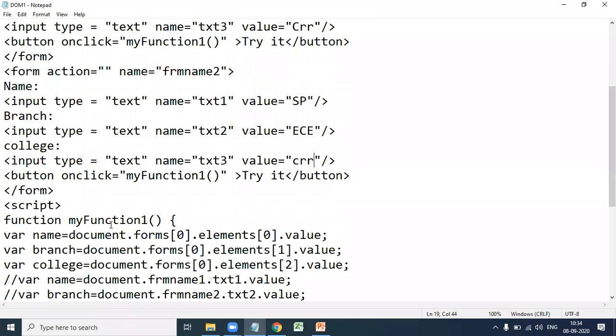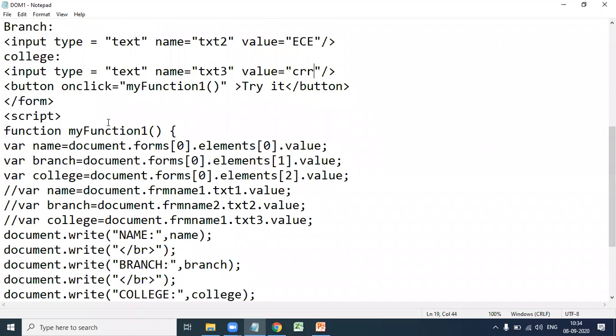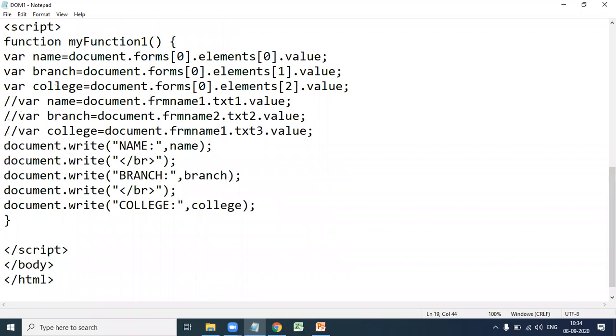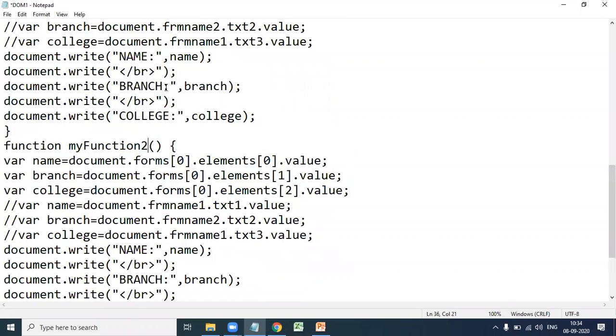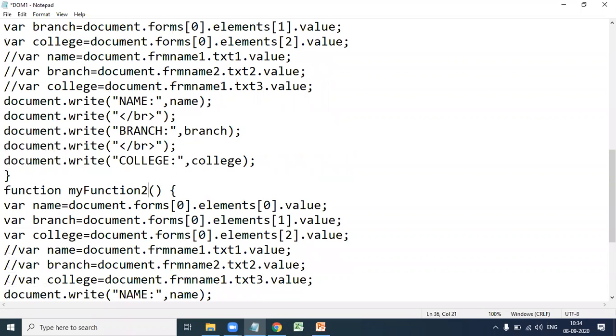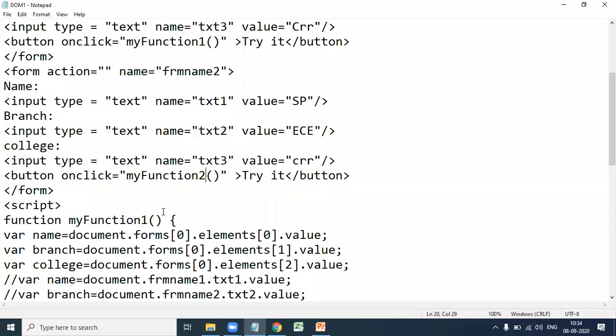So let's write another function for the second form, myFunction2. If you click on the try it button in the second form, it performs the myFunction2 function. It performs myFunction2 when you click on the try it button in FRM name 2.